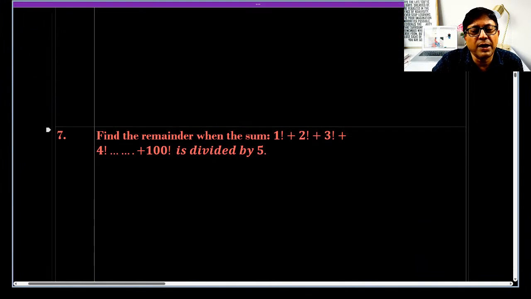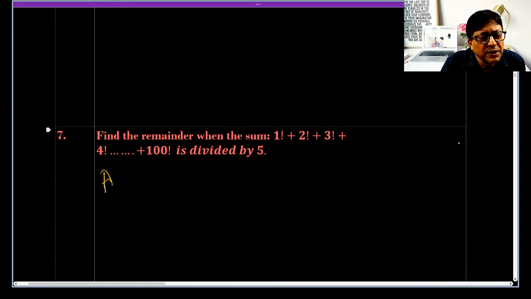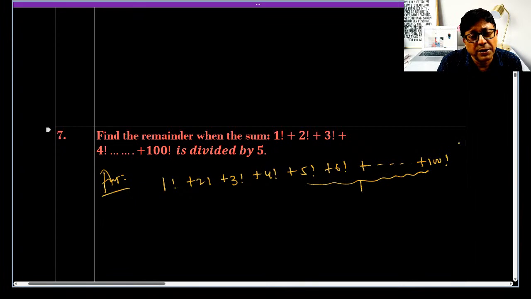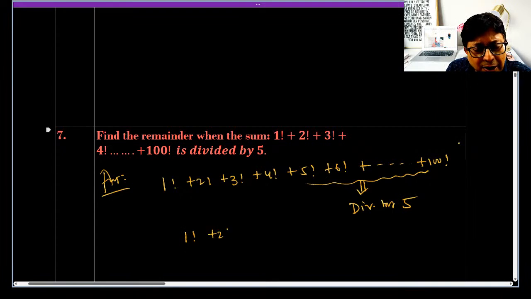Find the remainder when the sum is divided by 5. This is an ordinary sum. But I have given you this sum to say that ordinary congruency is also very powerful. If you write it in this manner, then from here to here, this sum is divisible by 5. Okay, so if somebody is writing by using this congruency